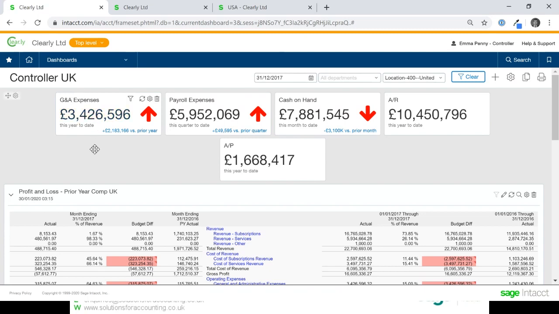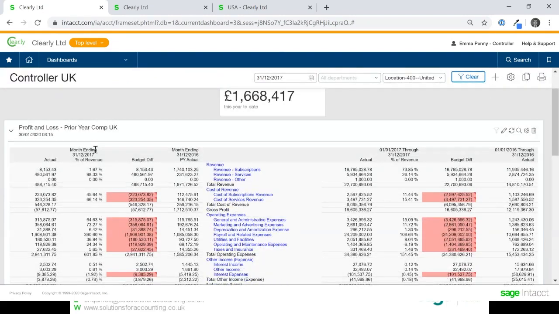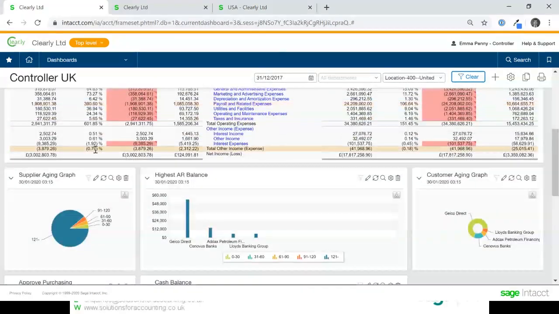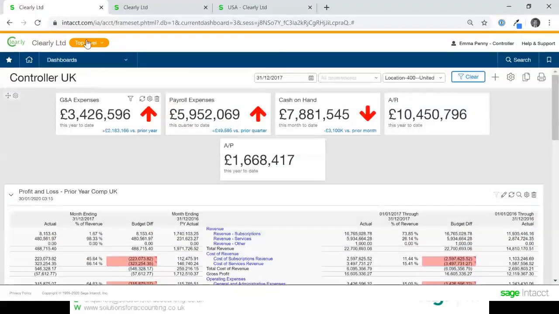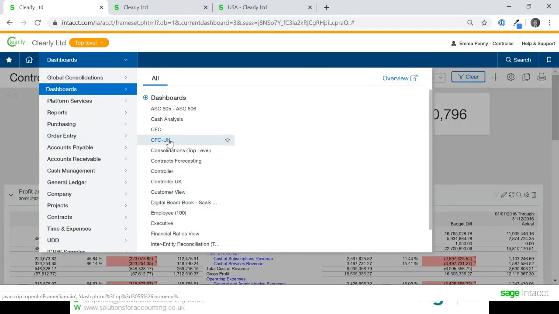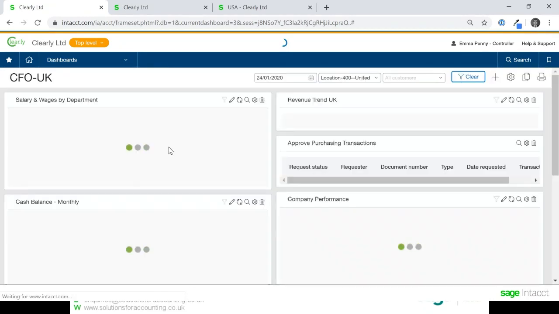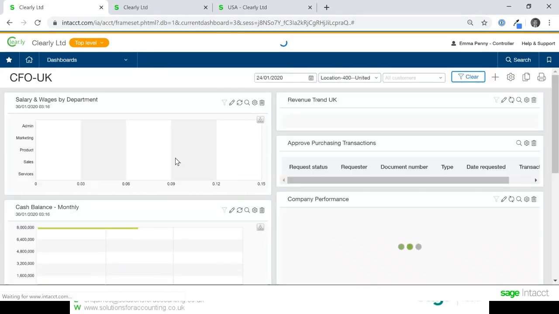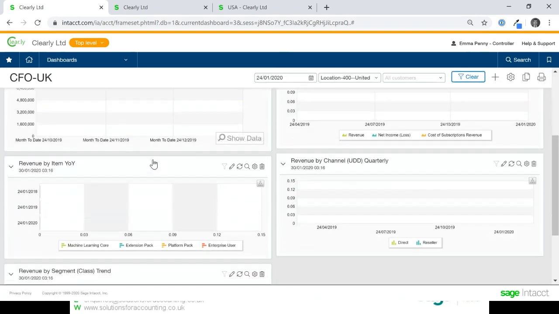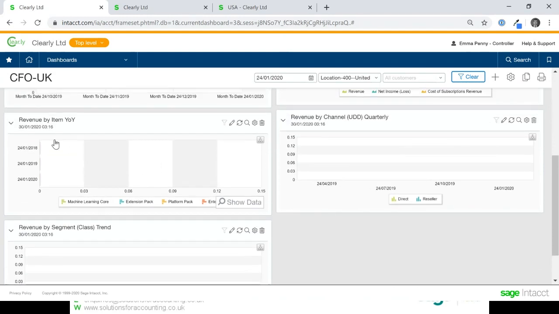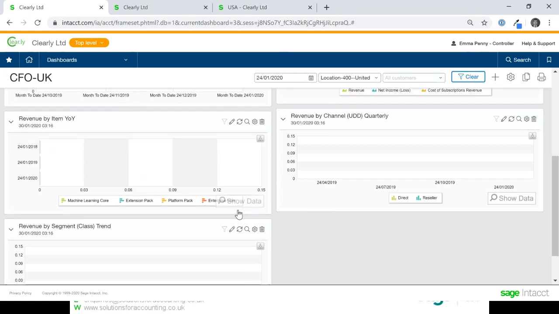It's some very relevant real-time information that a financial controller might want to see. Another dashboard for perhaps a CFO is going to be looking at a completely different set of information. It's taking more of a high-level view across the company and looking at, I don't know, revenue year on year or revenue by a particular channel.